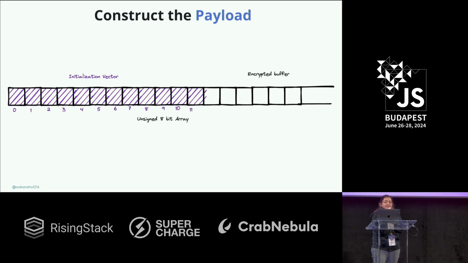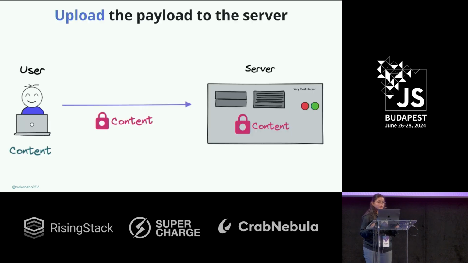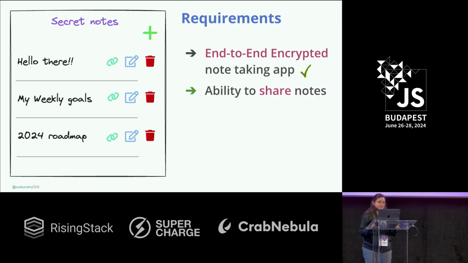Now, as I mentioned earlier, we need the exact same IV to decrypt the content as well. And the IV is not something which you really want to hide from the entire world, because we are going to generate an IV for every encryption, and this is just random numbers. So since we need the exact same IV for decryption, we can actually upload it along with the encrypted buffer to the server as well. This is one way of sharing the IV when you want to share it with someone, so that they can fetch it from the server. So let's upload this to the server. With this, the data is now encrypted. We have successfully uploaded the data along with the IV to the server.